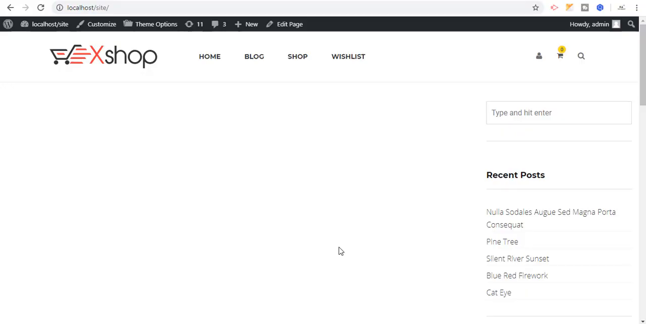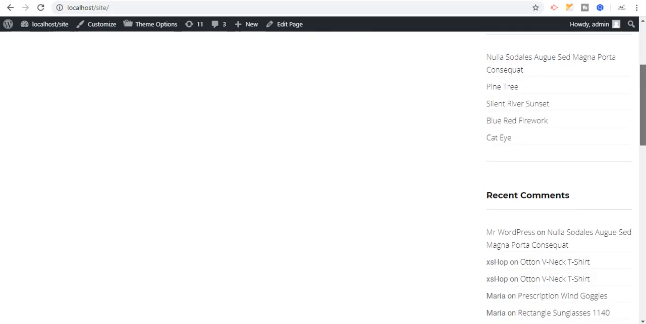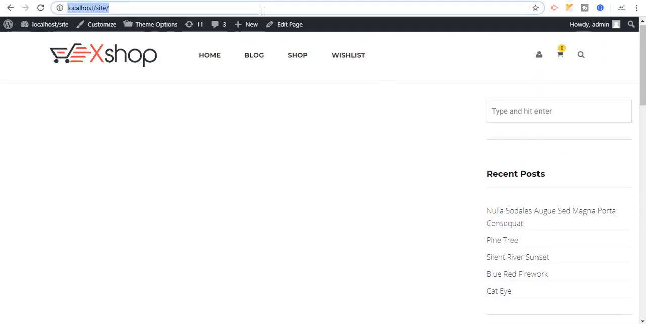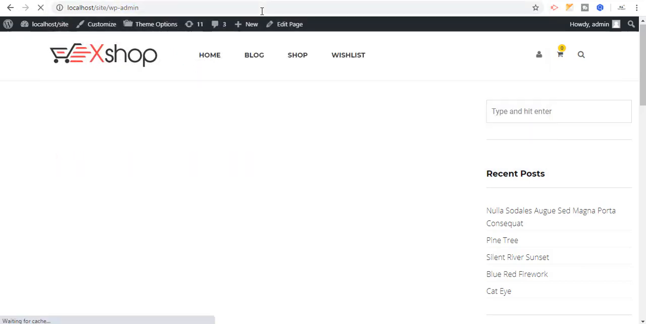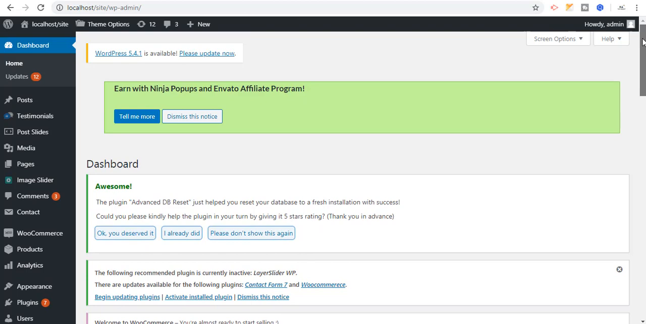In this page I will add the audio file, video and PDF file. To do this, you will need to log in at the admin dashboard. For that purpose, just add wp-admin and it will directly go to the admin dashboard. And then to add an audio in your dashboard, go to the library,